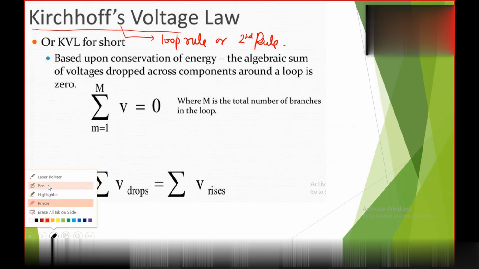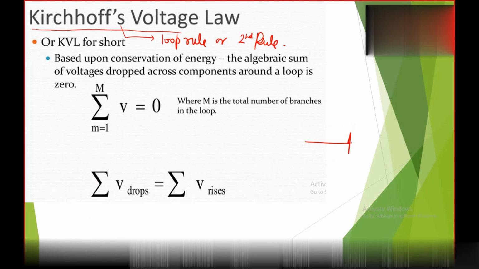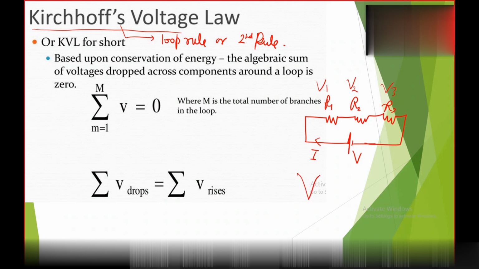Now suppose we are taking a circuit in which a battery of potential V has been connected. Let's say there are some external components having resistance R1, R2 and R3. So we know that current would be the same in all these resistances, but the potential difference would be different, let's say V1, V2 and V3. Can anyone tell me how can I write V in terms of V1, V2 and V3?